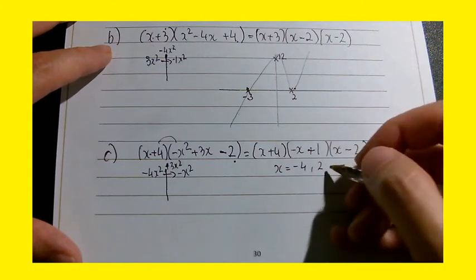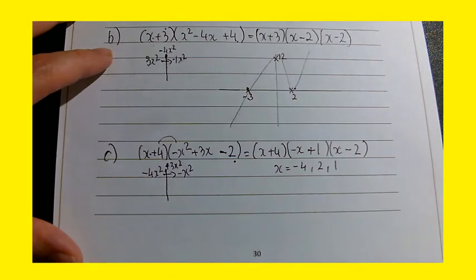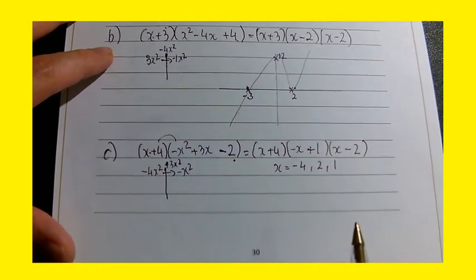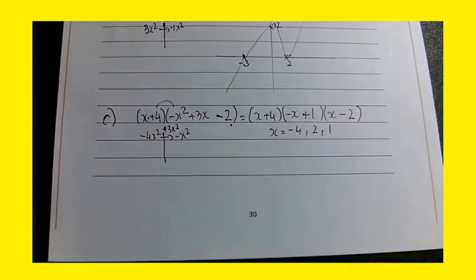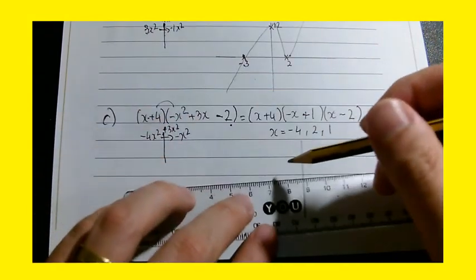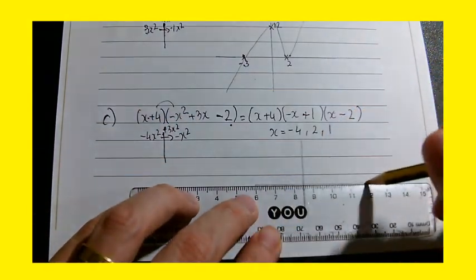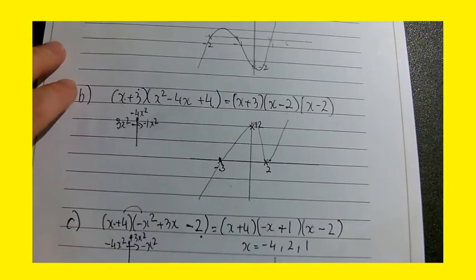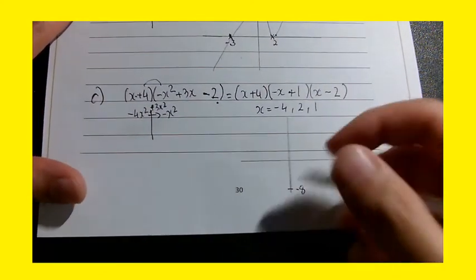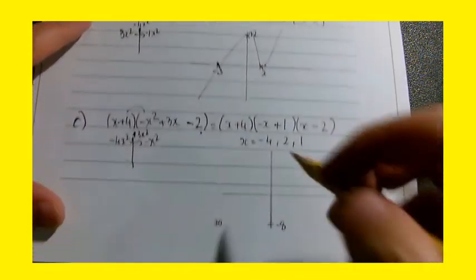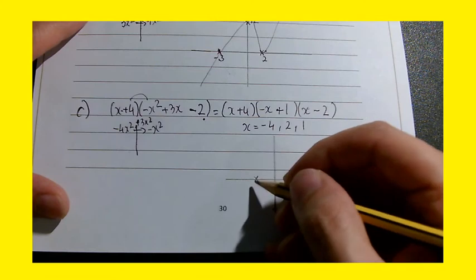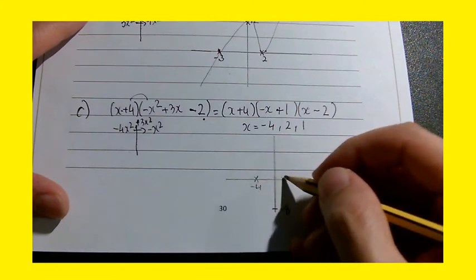and 1. Okay, because if you make minus x plus 1 equal to 0, you get x equals 1. I've got to be just a bit careful here because it's a negative cubic. And it's going to cut at minus 8 here, the y-axis, minus 4, 1,